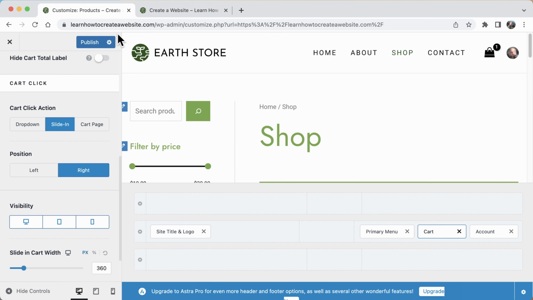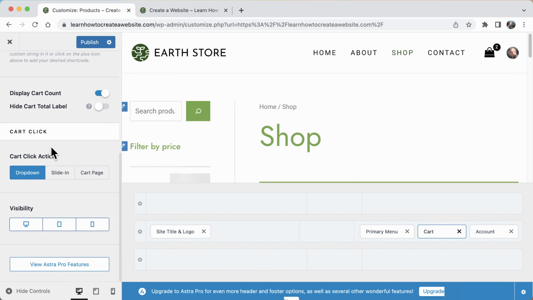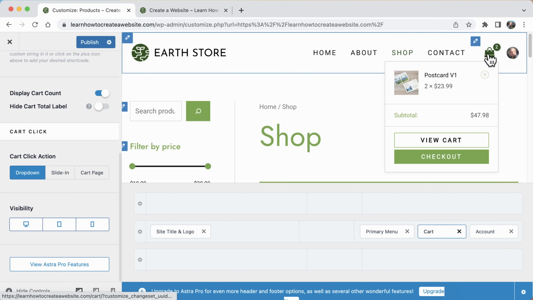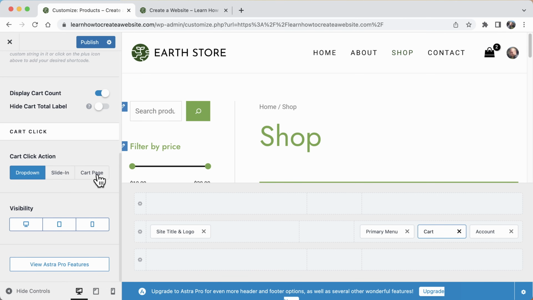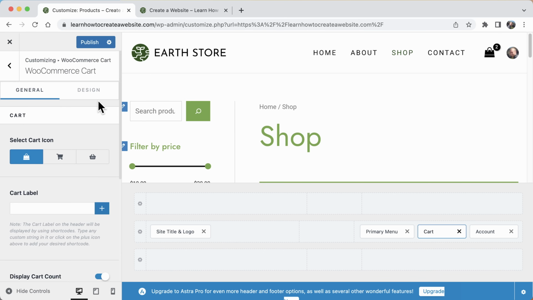And if we go back here and we press drop down, then we can go over here and we can see that it'll just drop down when we hover over it. So that's a different style, or we can just have it go to the cart page. So when we click on it, it goes to the cart page. All right, I'm going to keep it as drop down, and then I'm going to go to design,